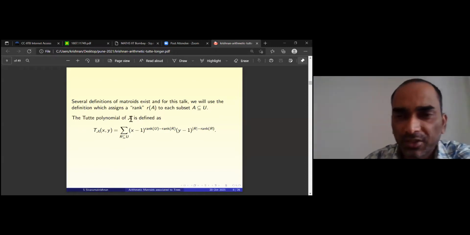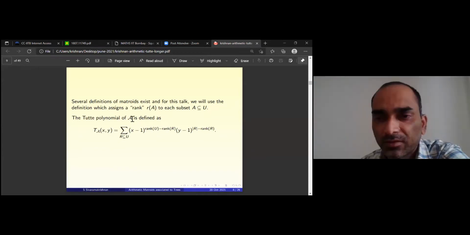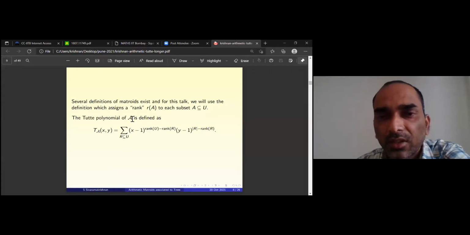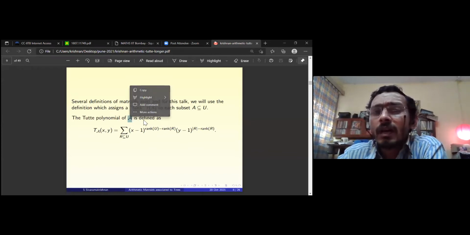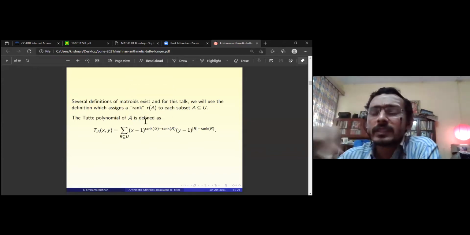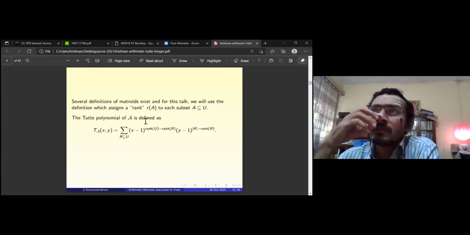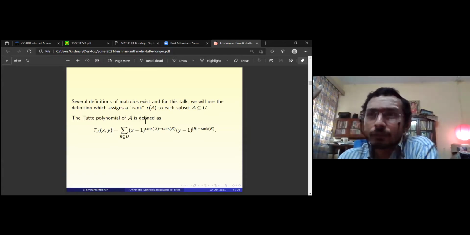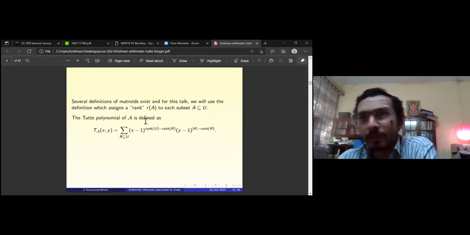What are the operations defined on script A, the matroid? A matroid is a set system, so you can have this notion of rank. It's more than a simplicial complex, in the sense that there are no operations, and it's not like a graph. If you ask what operations are defined on a graph, that's a tough question. There are so many; the answer is at the same time easy and hard. Likewise, on a matroid, you can define several.